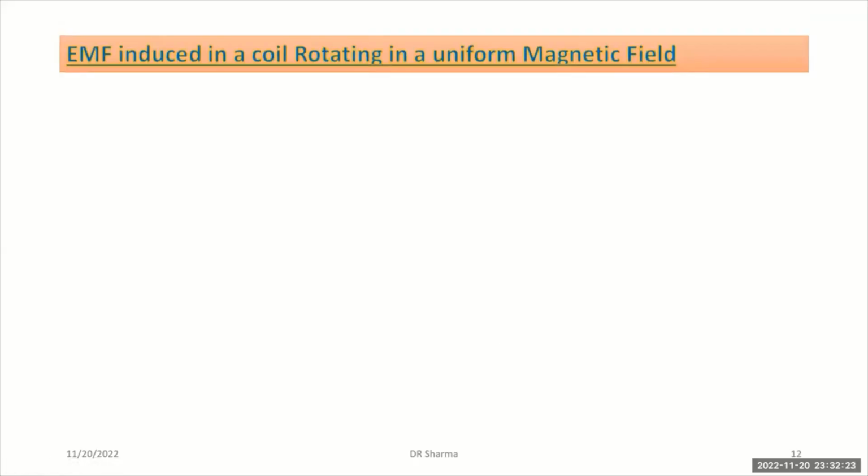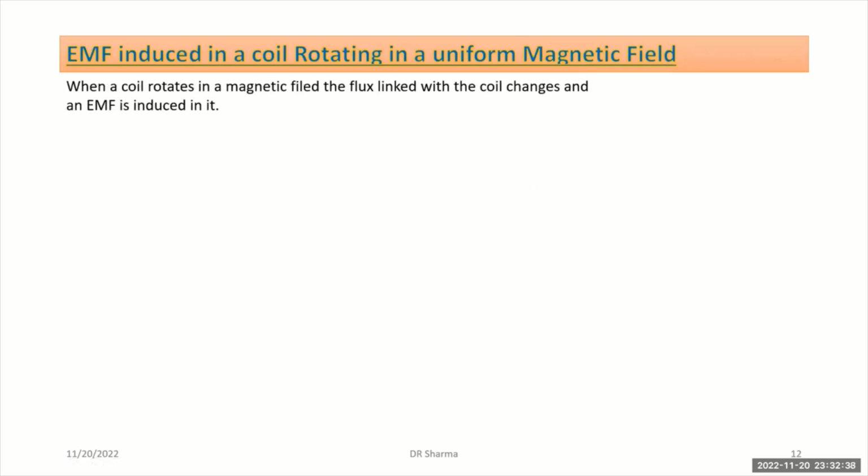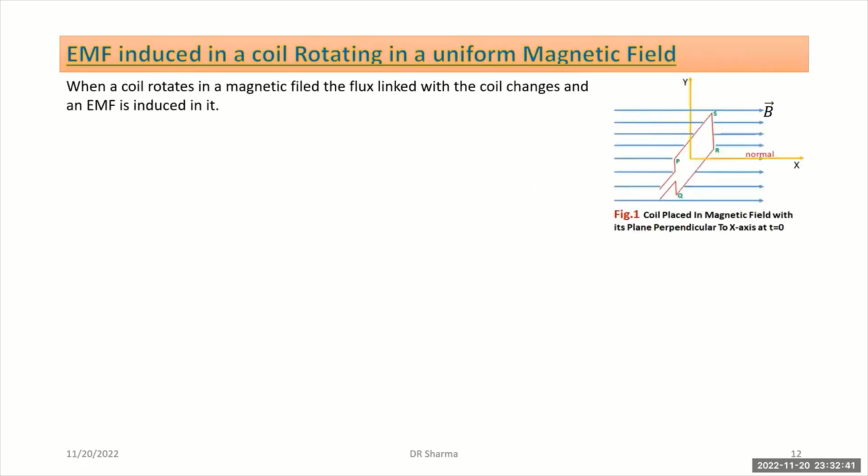Now let's go to the next title: EMF induced in a coil rotating in a uniform magnetic field. As the coil rotates in a magnetic field, the flux linked with the coil changes and an EMF is induced in it. Suppose a rectangular coil PQRS, named over here PQRS, is initially placed in a horizontal magnetic field,